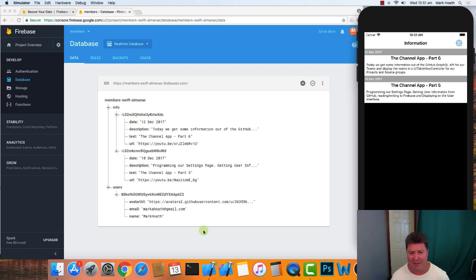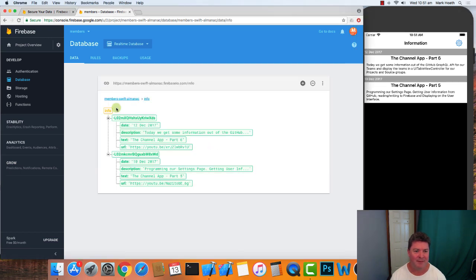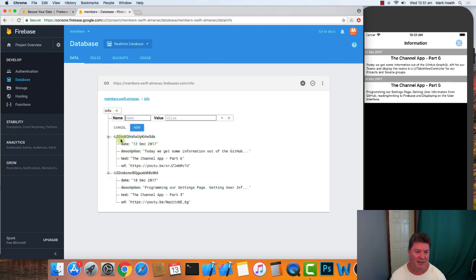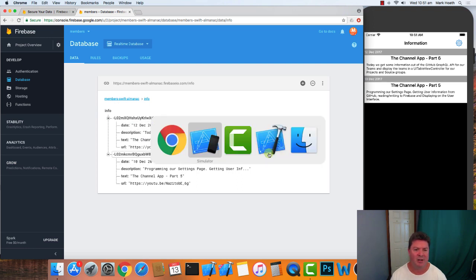So that's what our database looks like, and essentially it's really difficult in Firebase to copy and paste. Yes, you can sort of add things, but because of the way I've done it here with Create Auto ID, it's very difficult to add what's essentially an array item, and you can't copy and paste. There's no copy and paste functionality. So we basically need to do this all in code. So what I did,